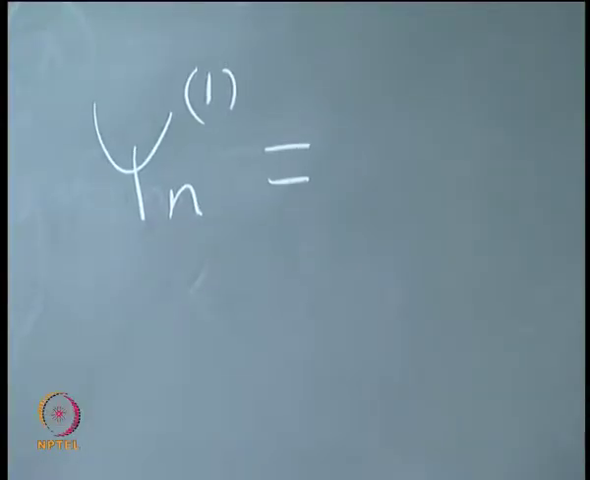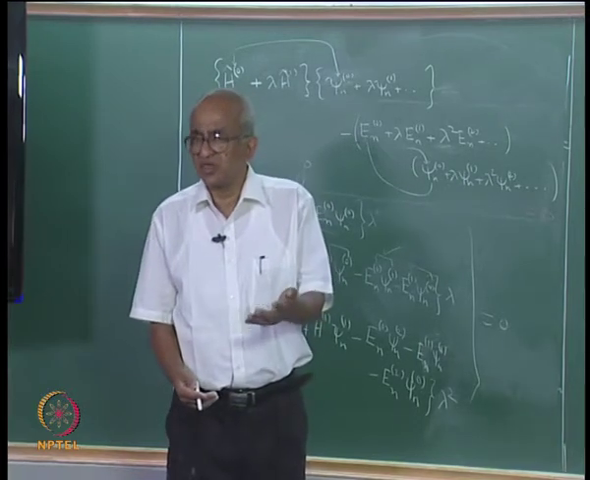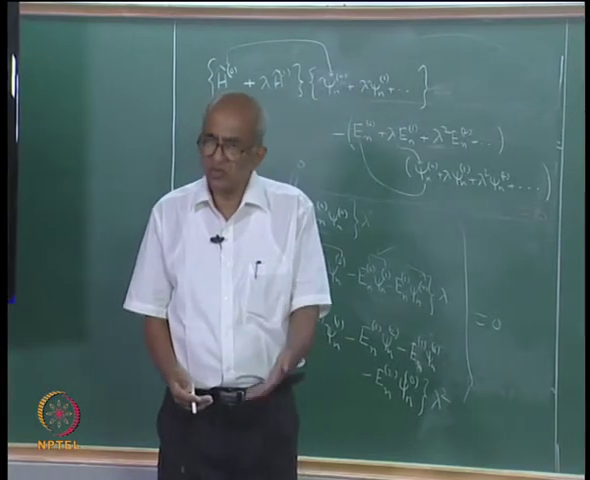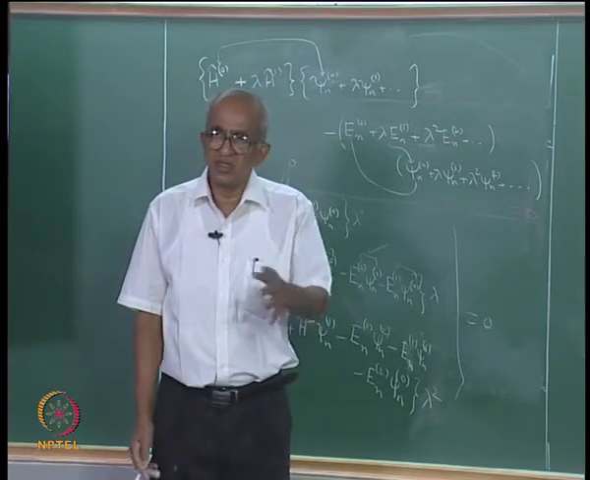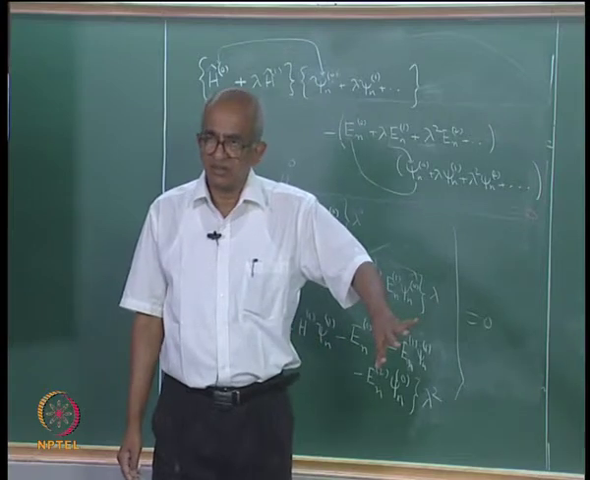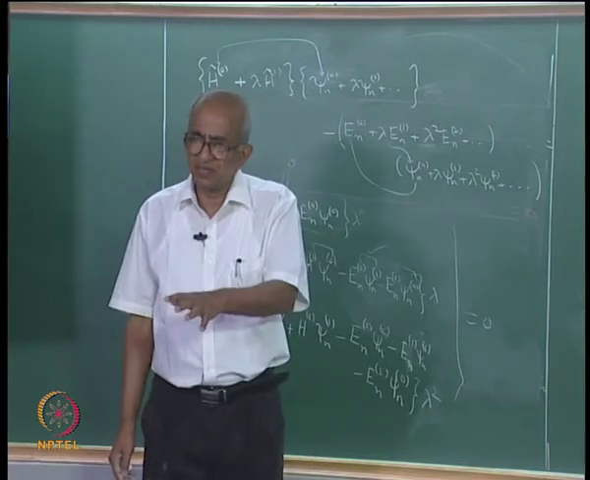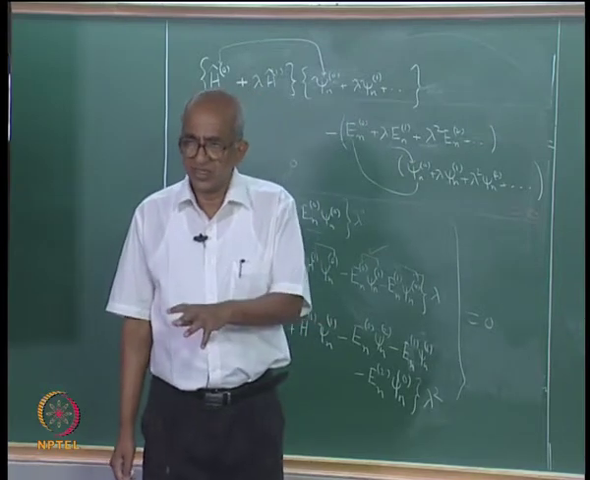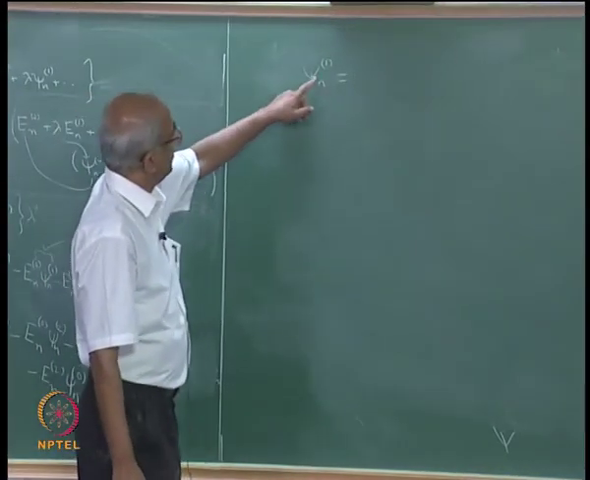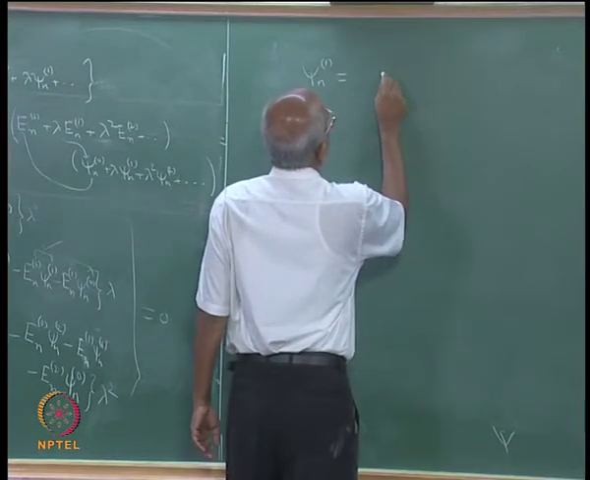To calculate psi n1, this is an unknown function, I want to determine it, but I know that the solutions of the Schrodinger equation for the unperturbed problem can be solved, and I can find the eigenfunctions. These eigenfunctions actually form what is referred to as a complete set. Remember, I told you this. What is the meaning of a complete set? Any arbitrary function can be expressed as linear combinations of this set. So, if I have this unknown function psi n1, I should be able to express this in terms of my